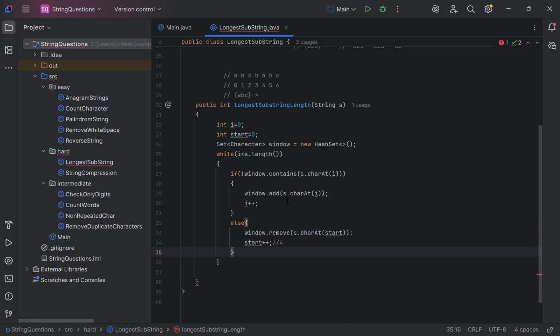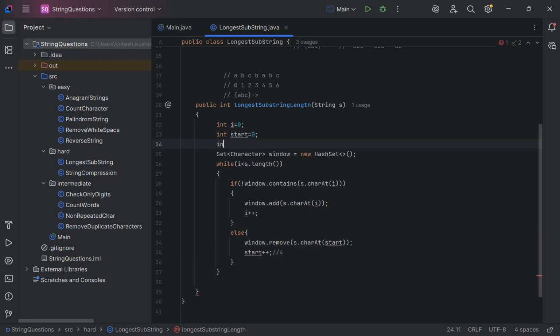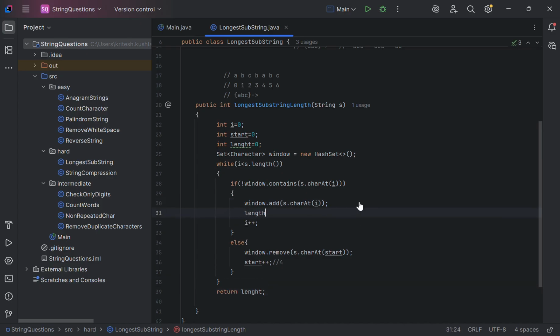So right now we haven't found the length. Let me type a length variable which is having 0 initially. I will return this length, right? Now how will I find the length? This logic you have added, simply I will add here length equals to Math dot max length comma